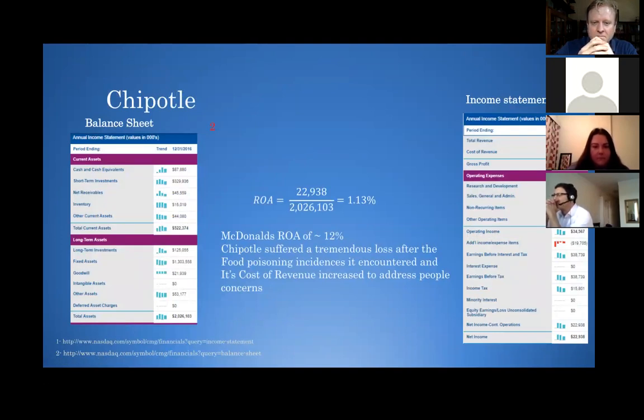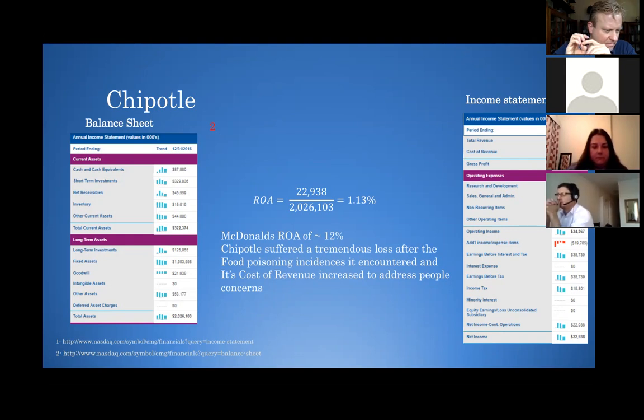Basically, I'm showing on the left-hand side the balance sheet, and on the right-hand side the income statement. You can look at the net income way at the bottom. It's 22,938. This is in thousands, so it's actually 22 million. That's impressive. Divided by their total assets, which is 2,026,000, and you're going to end up with a percentage that equals 1.13%. Now, this is a low percentage if you want to compare it to others in the same industry, like